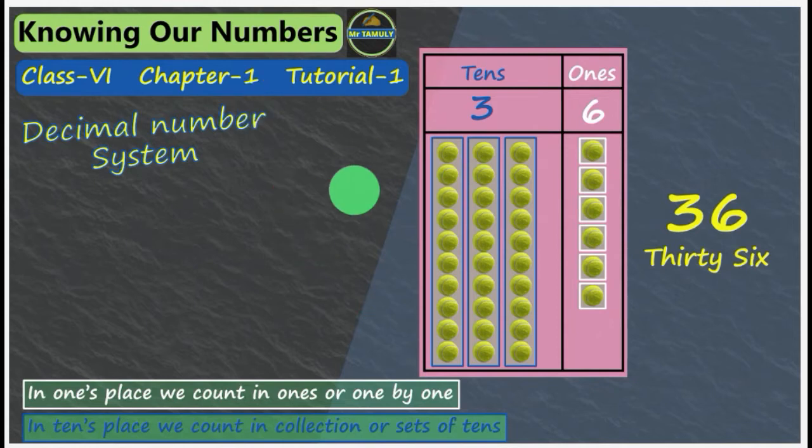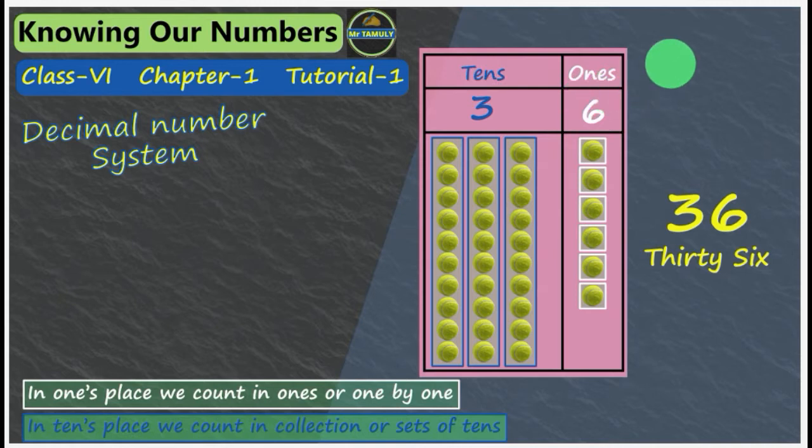So let's begin our tutorial by taking the example of a small number. The number we have taken here is 36. In this image, we have taken some tennis balls to represent the number 36. So let's try and understand the structure of the number 36 with the help of these tennis balls. Okay. So in the number 36, we have the digit 6 in ones place, and the digit 3 is in tens place. You know this, right?